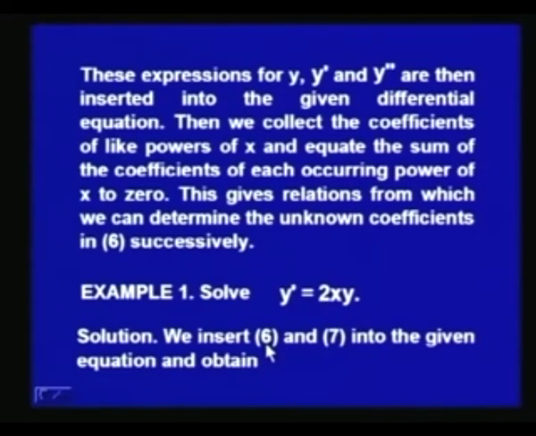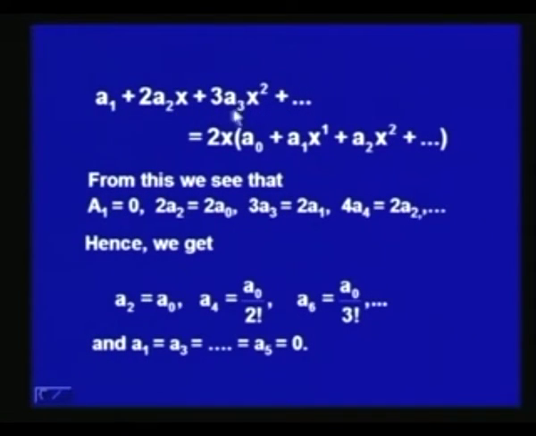y is equal to sigma a_m x to the power m, given by equation 6, and y dash is given by equation 7. So, we insert the values of y and y dash given by equations 6 and 7 into the given equation and obtain a1 plus 2a2x plus 3a3x square plus and so on equal to 2x into a0 plus a1x plus a2x square and so on. We can then compare the coefficients of like powers of x on the two sides and see that